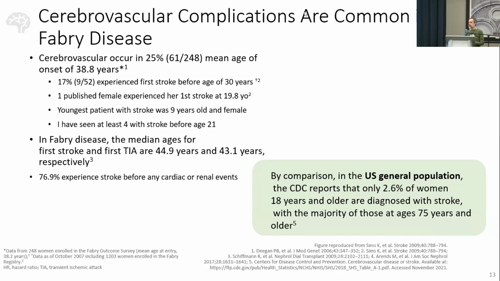And that's a pretty typical age for the general population. And I wasn't sure that the Fabry disease had caused that. The youngest patient I have seen who had had a stroke, I didn't see her at age 9, but she had her stroke at age 9. And I didn't believe it. I thought that cannot be right because stroke isn't a pediatric thing. But I pulled it, and the imaging, it was unquestionably. I am aware of and have met 4 or 5 patients in adolescence or childhood who have had strokes. So this is something to be aware of in children.